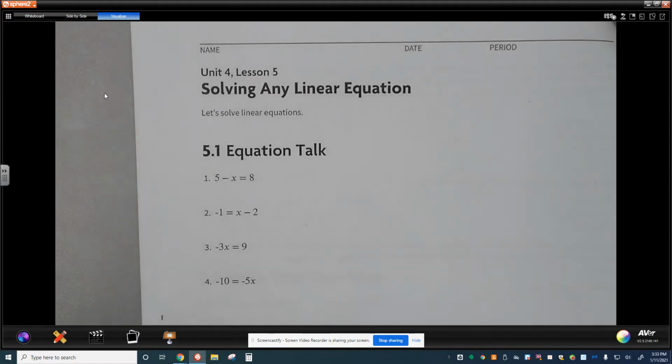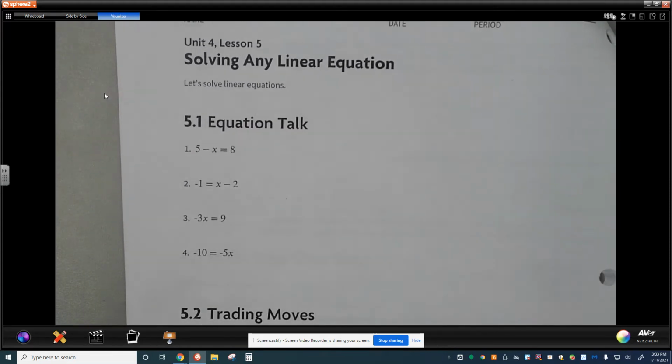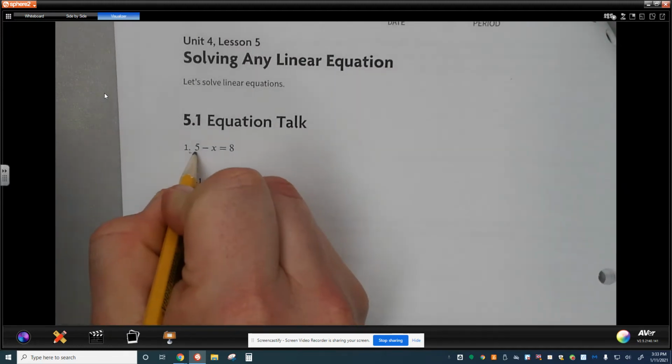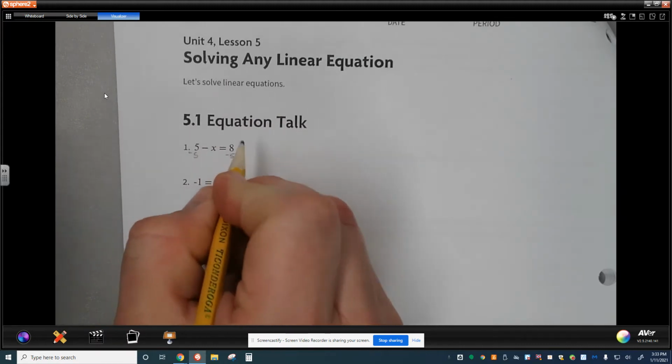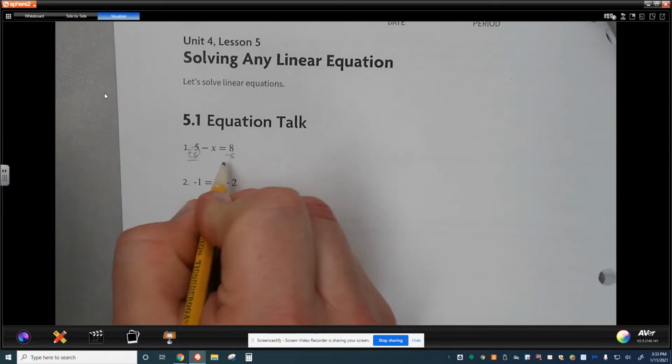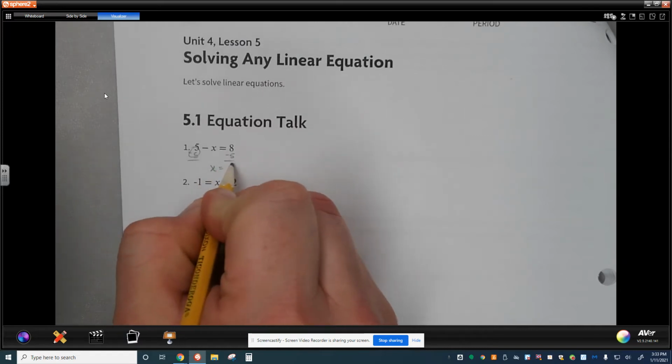First thing we have here, four problems that right off the gate look pretty darn easy, but let's talk about a couple of my favorite mistakes that happen here. The first one, our goal is to get x all by itself. So the first thing we would do is say, okay, if I subtract 5 right here and 5 right here, that eliminates the 5 from both expressions, and then I have x equals